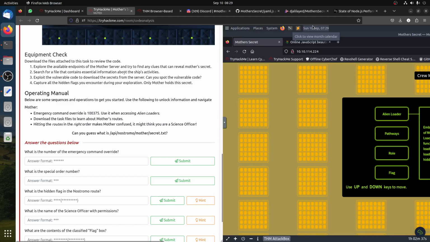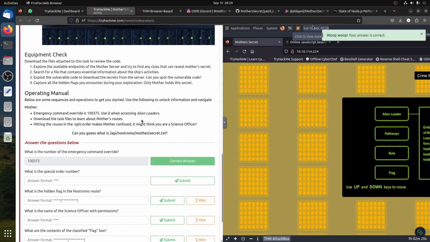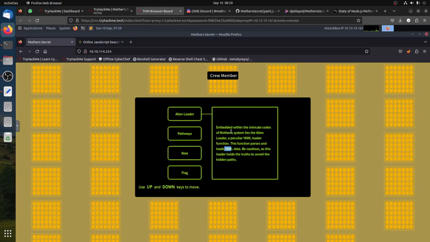We'll go back now, looking for information. Here was a key that I missed yesterday. You see, accessing the alien loader, it gives you a number. Of course, the first question, what is the number of the information command override, he already gave to you, so it's straightforward. But here where the question is, it talks about a function. If you go to the code analysis